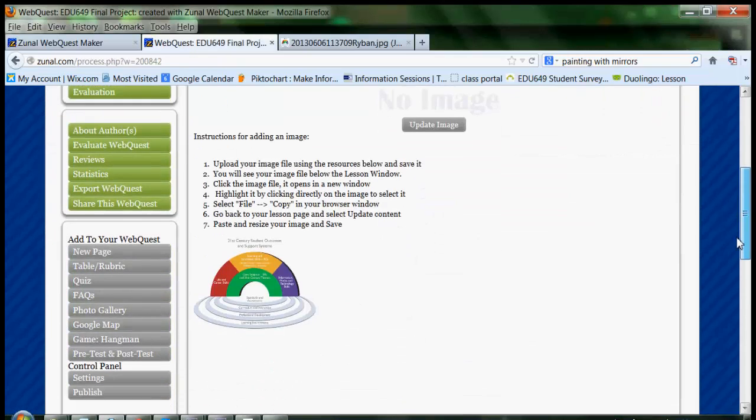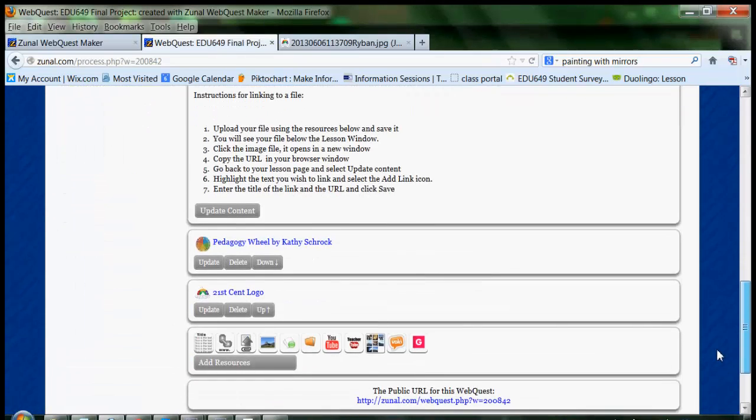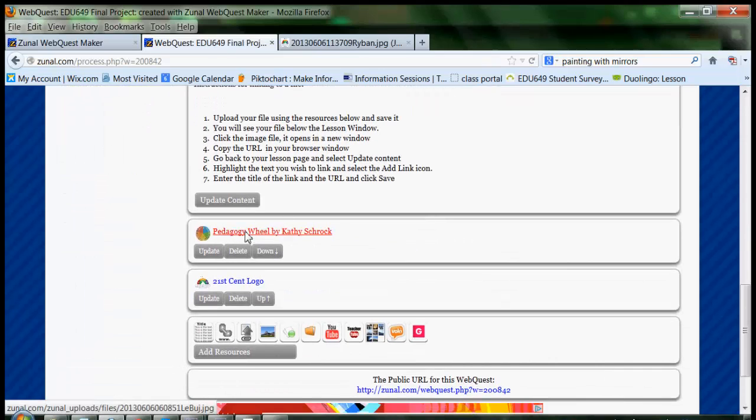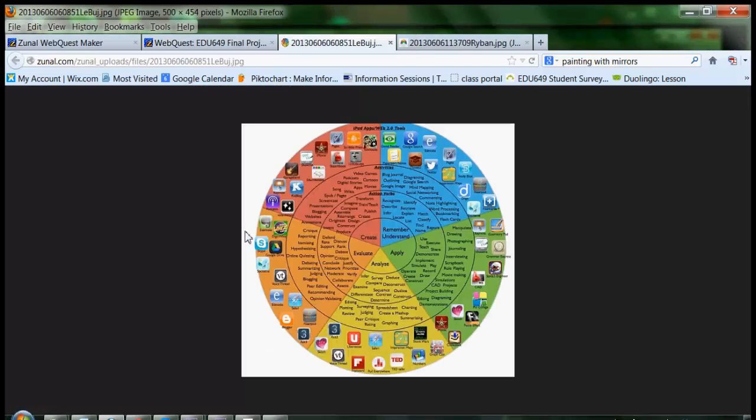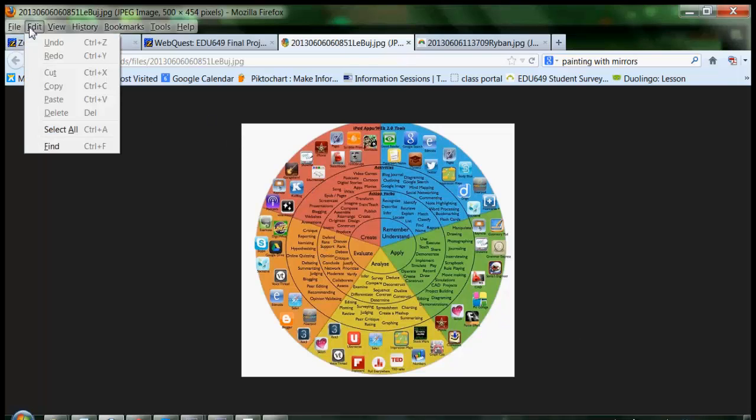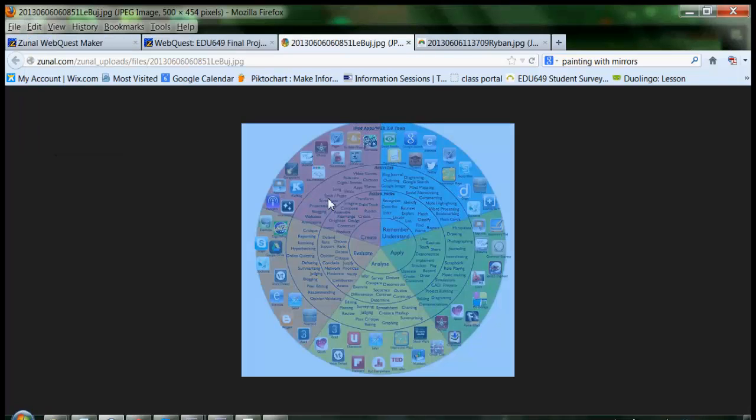Okay, back down to the pedagogy wheel. I want to link this one up. I click the file, the image that I uploaded. Right now, here it is. I have to select it in order to save it to my clipboard. I select all, it turns blue,